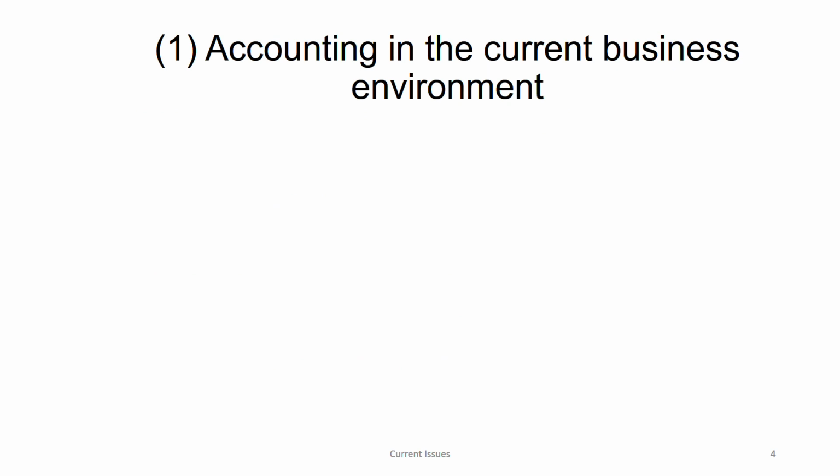First one is accounting in the current business environment. Okay, so there are 3 current issues. First, cryptocurrency. Okay, first current issue is cryptocurrency. There is an issue with it. What is the meaning of current issue? Current issue means it is currently an issue now. Later they will come up with some standard to solve it. But currently it is an issue. Okay, it is very new, latest.